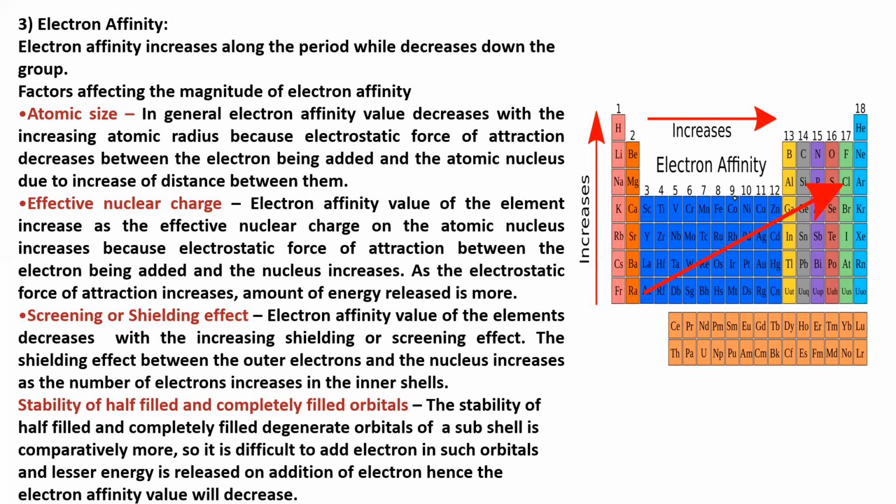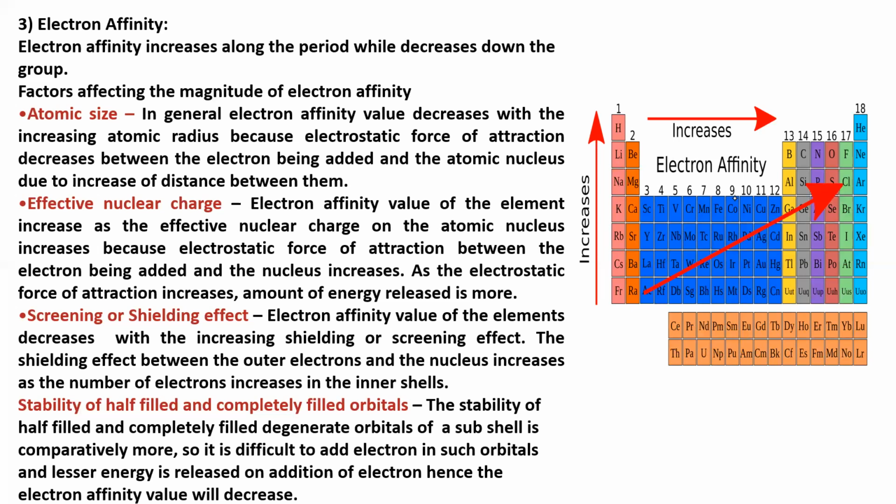So for these trends in electron affinity and ionization potential, they'll ask, for example, arrange the following in the increasing order of the electron affinity, or arrange the following in the decreasing order of the electron affinity. Similarly, arrange the following in the decreasing order of the ionization potential. So all these factors influence the question. We have to remember these factors very well, very, very important.